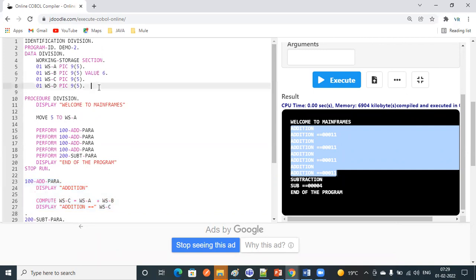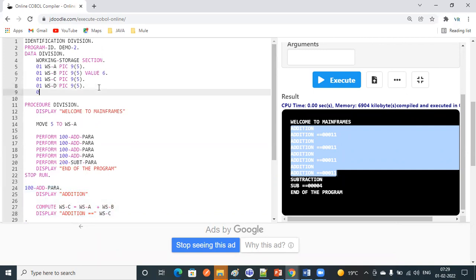Okay, I want to store alphanumeric PIC X of 20. And here itself, I can assign some value, mainframes.